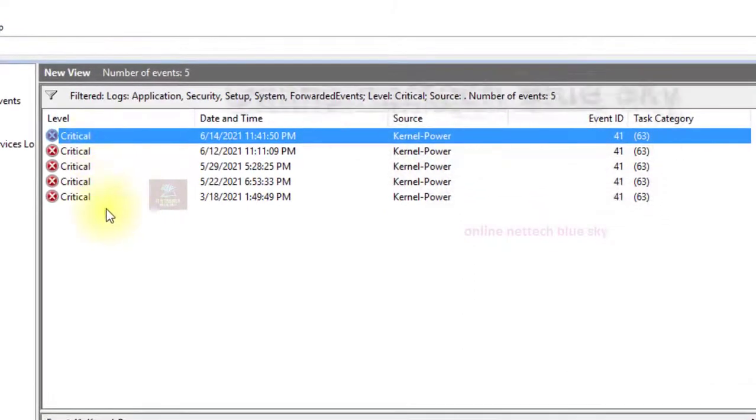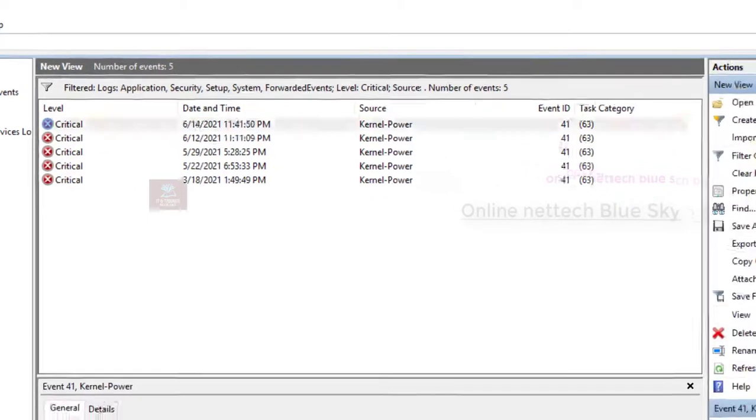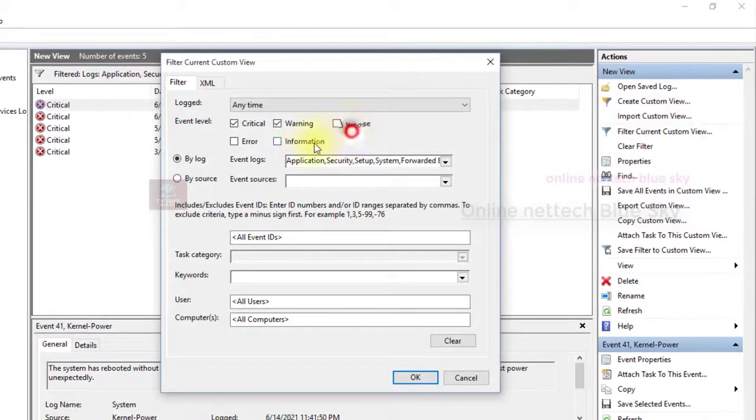So 5 types of critical information you can see in event ID 40, event task category 63. So first understand this window. Label, you can see any label: critical information, warning, any. So I'm showing the filter custom view. I want everything: warning, information, web browse, error, everything. And click OK.